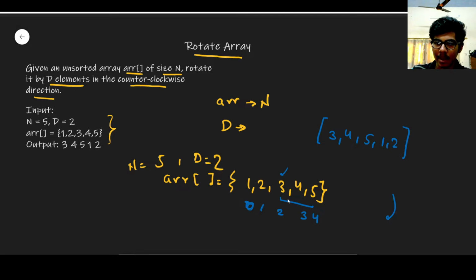If I go counterclockwise, what I will first cover is 3. From 3 I will start, then I continue to 4, so 4 will be covered. Then I continue to 5, then 5 will be covered. Then I come over to this, counterclockwise it is. So after this, 1 would come, and after that, 2 is coming. I think it is clear to you what we are doing.